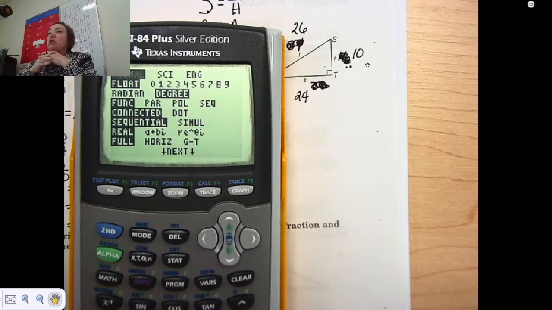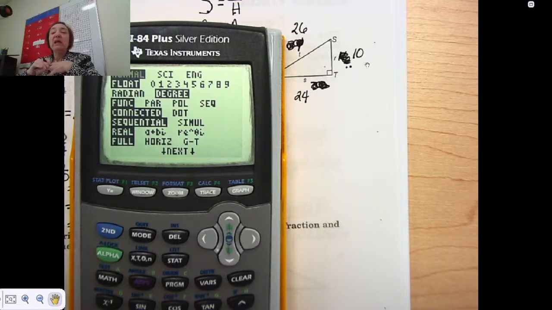When we're doing trig functions, our calculator has to be in degree mode because we're measuring the angles in degrees. Radian is a different way of measuring angles, but in this class, we don't use radians. You'll use radians when you get to Algebra 2, but for right now, we're just focusing on using degree measurements,